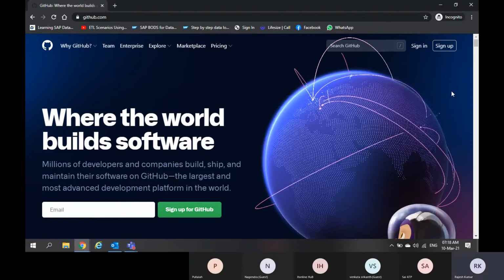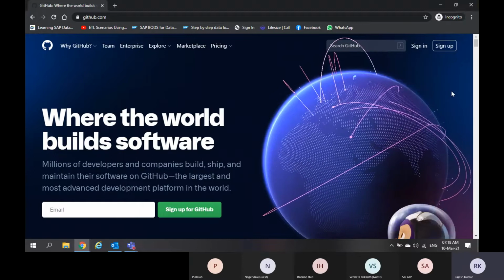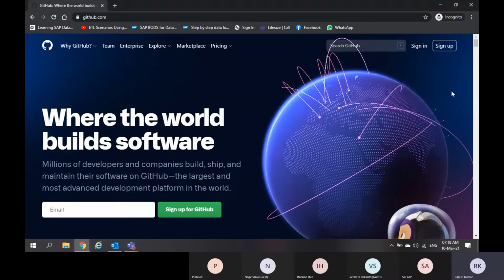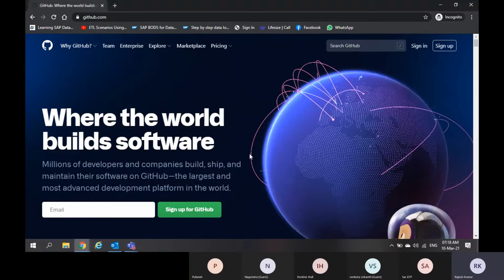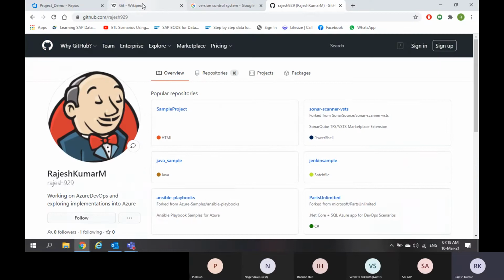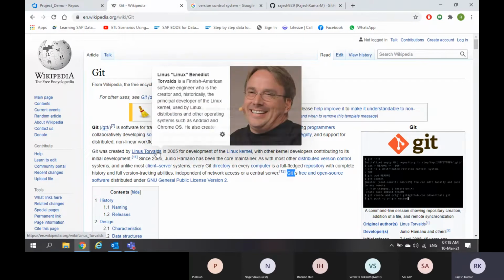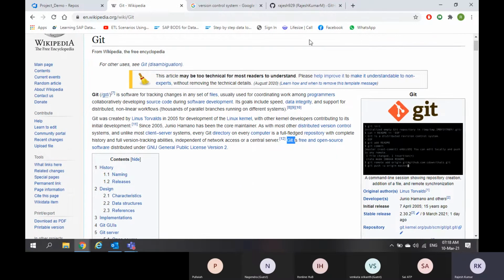So this is the organization. GitHub is nothing but an organization. These are the people who are maintaining it right now. Even though Linux was created by Linus Torvalds, he has made it openly available, and now it is being maintained by this organization.